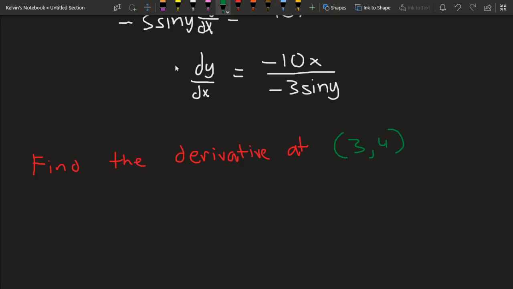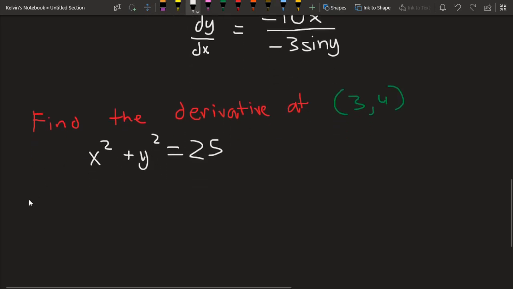And let's say the function they give us is x squared plus y squared equals 25. So, if we were to find the derivative at 3, 4, what we have to do is do